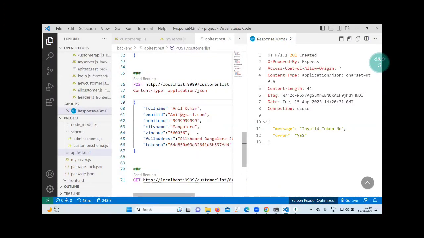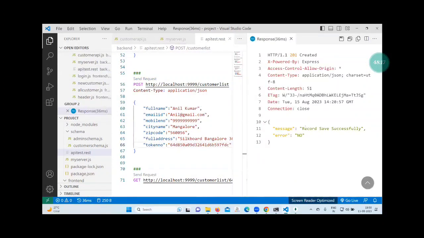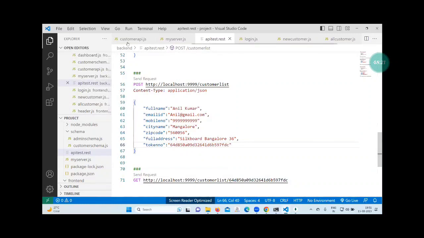But before what was coming? It was even the server side error. Now server side error is not there. This error is coming from where? Like it's executing properly. Okay. Here I will change to FDC. Then I will send the request and see it's passing or not. It's saying right, record saved successfully, no error. Okay. Right. So you will pass the value this time.